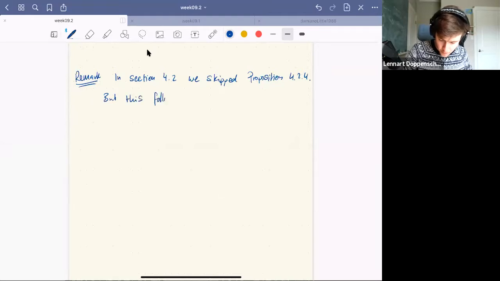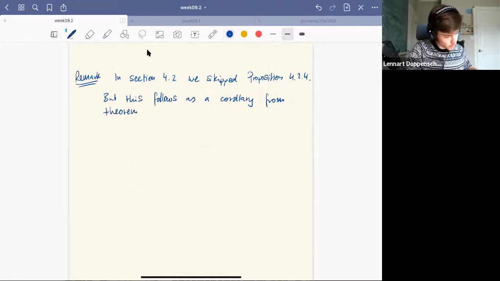But this follows as a corollary from the theorem that we did at the end, theorem 4.2.7. I just want to make you aware that we skipped this, but technically it's in the book. So if you want to look at it, it says that